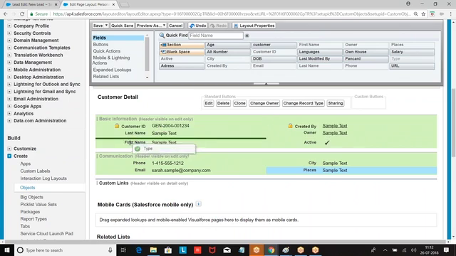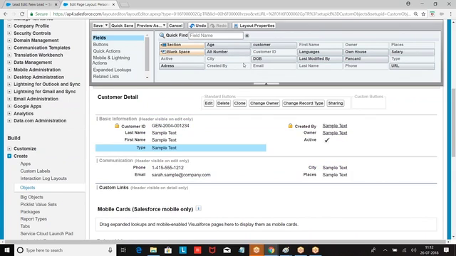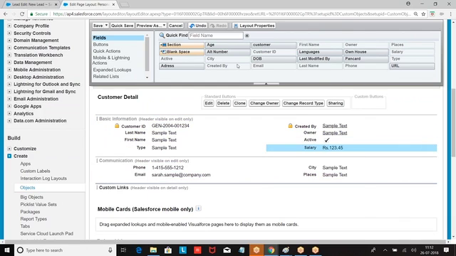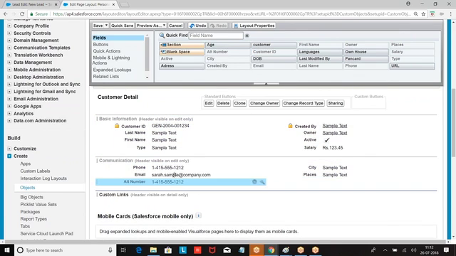Now, if you want, you can give type here and salary here. Then what is the other data we can have? Alternate number. Then I have address. Any other languages? Address. Okay.